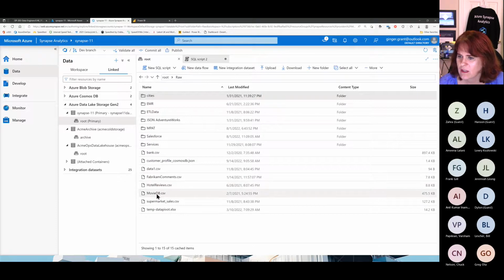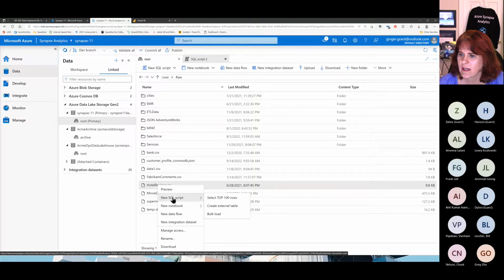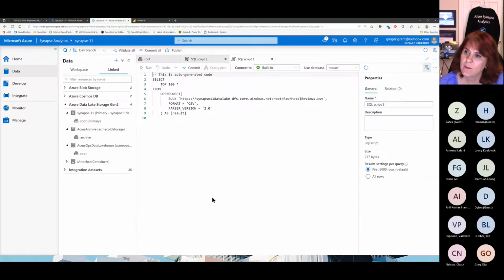So what if I wanted to look at them? Well, here I've got some hotel reviews. So if I'm going to do the same thing again, I right click to get this menu. And I'm going to say that I want to do select top 100 rows. And it knows that this is CSV format. So if I just run this,